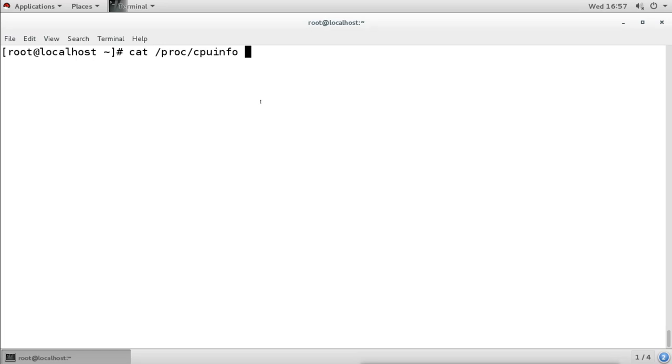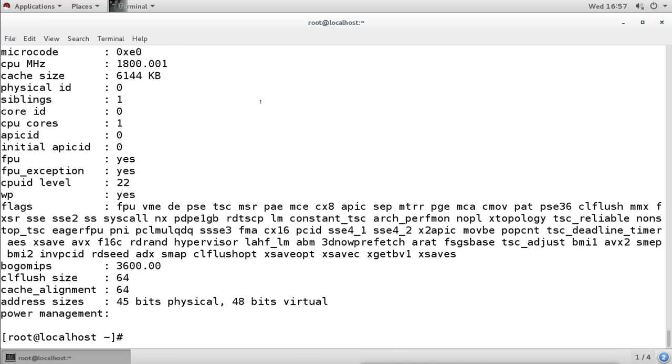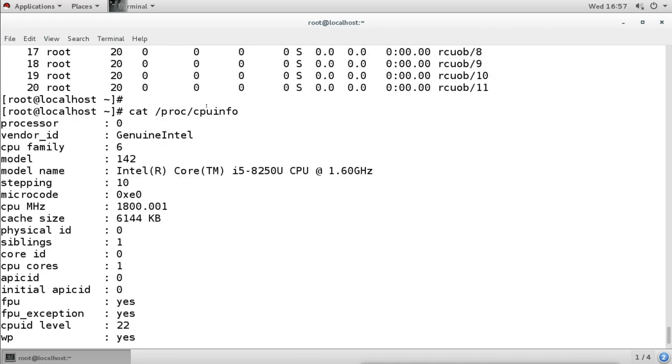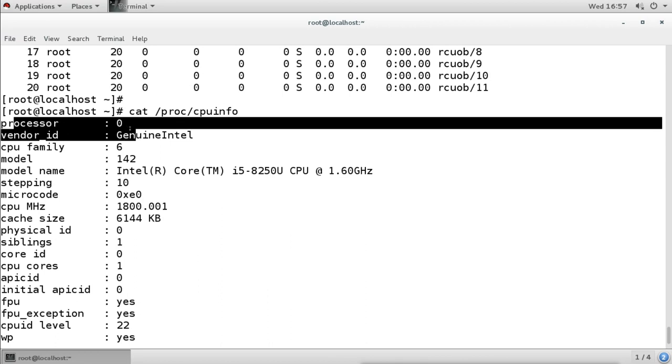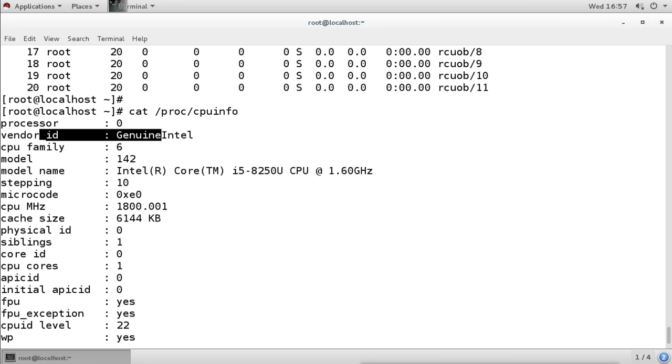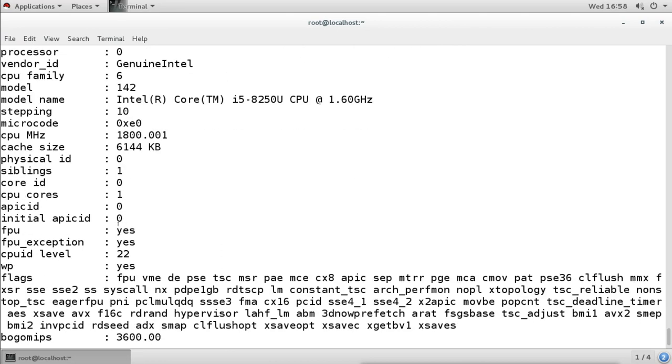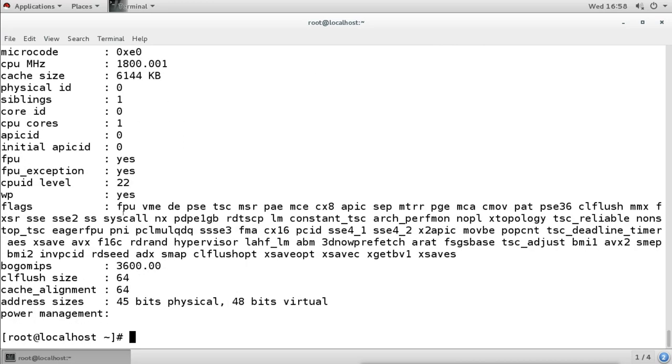I am using the cat command to see that, and it is showing me the total information about my processor. It is saying there is processor zero, I have only one. This is the vendor ID, GenuineIntel, the CPU family, the model, the model name, Core i5, stepping, microcode, CPU MHz, cache size, physical ID, siblings, and all other physical information. Then it also shows these flags, that means the technologies which this processor can support.